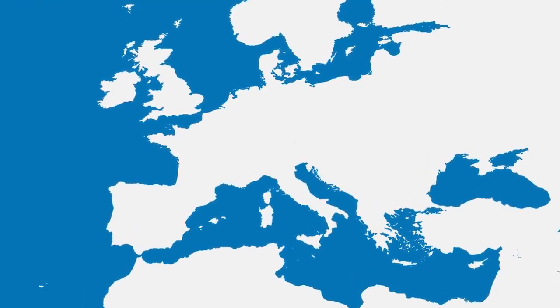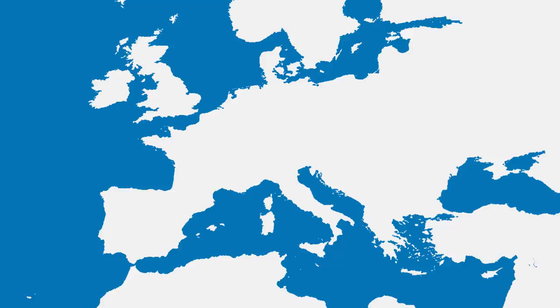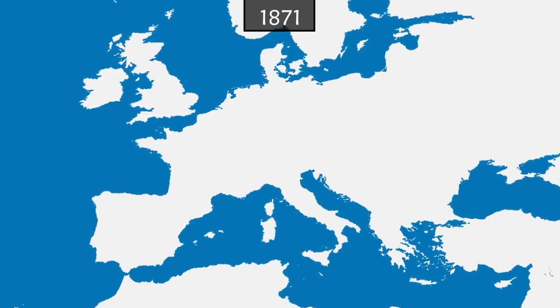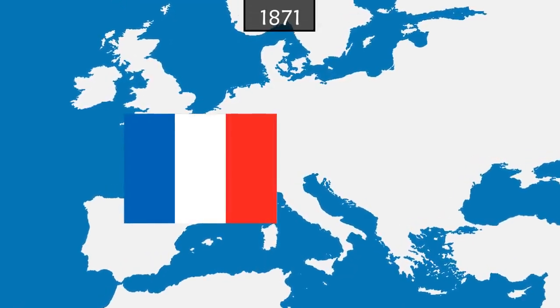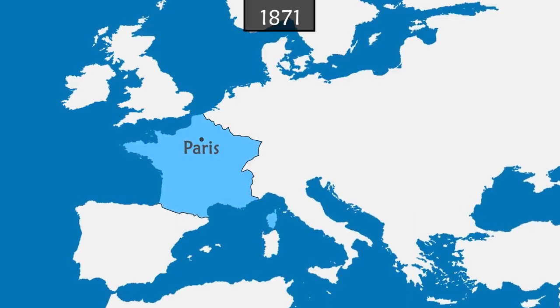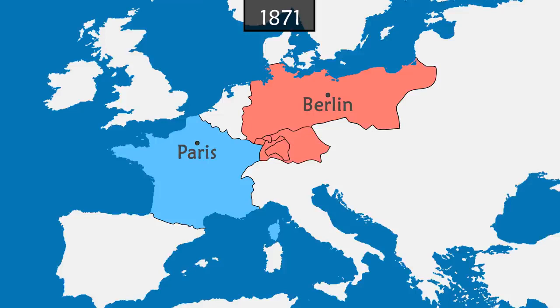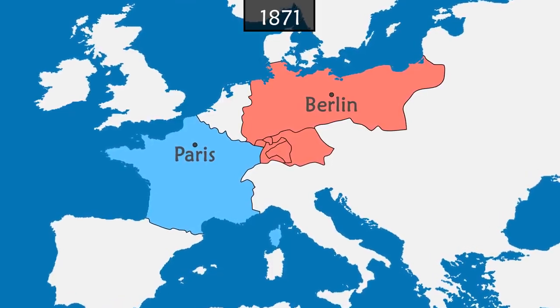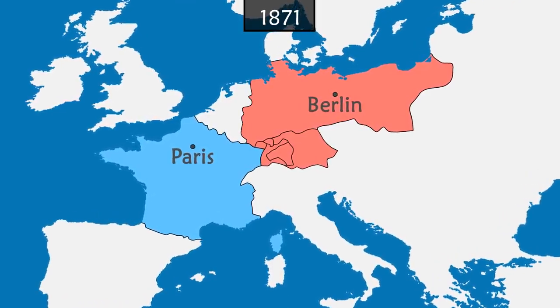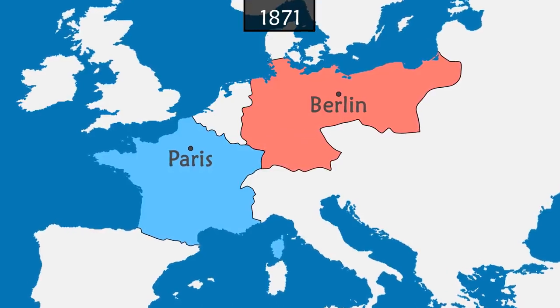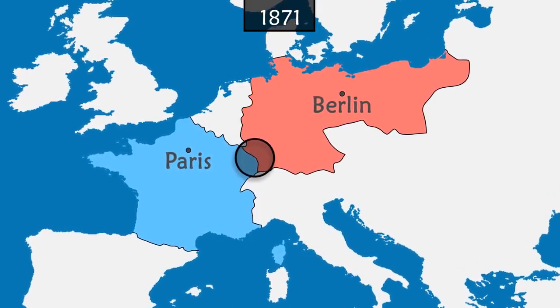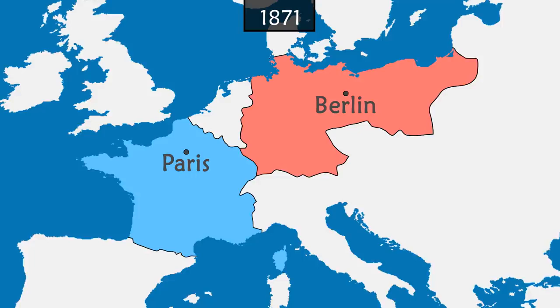To understand the origins of World War I, we start in 1871 at the end of the Franco-German War between the French Empire and the Confederation of North Germany, allied with the German states of the south. After 6 months of fighting, France is defeated and the victors unite to form the German Empire. Alsace and Moselle are annexed to the new empire, frustrating the French side.